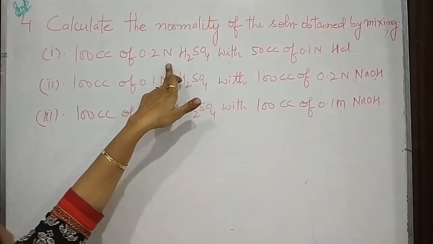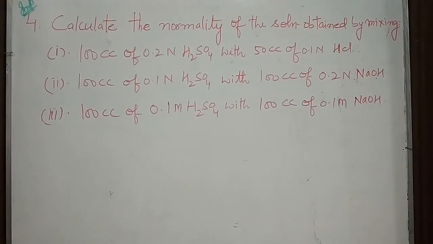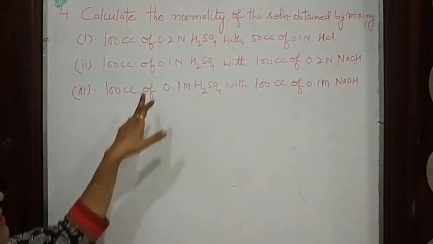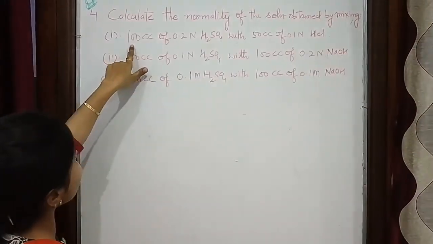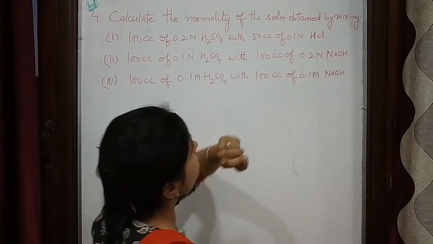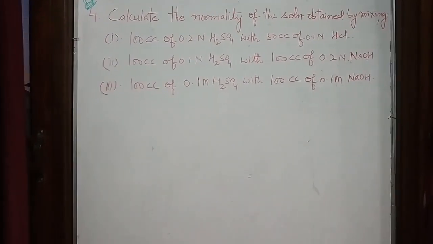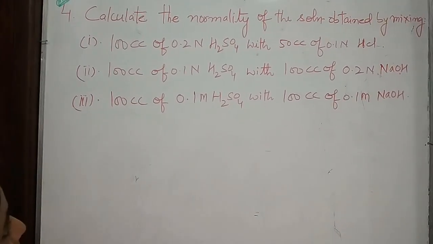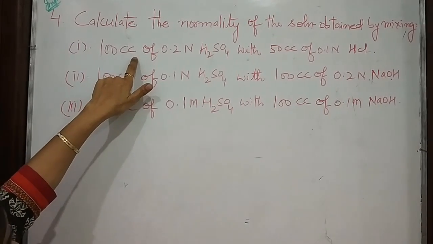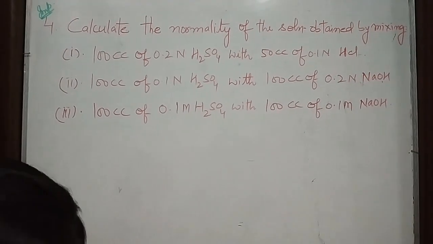So these two are almost same. But in this case, we mix acid with acid. But both acids are different. They have different concentration. One has 0.2 normality, another has 0.1 normal. One has volume 100 cc and another is 50 cc. There is a fourth possibility also when you mix two different bases of different concentration. But that case is similar to the first one. So I discuss only these three. So first case.